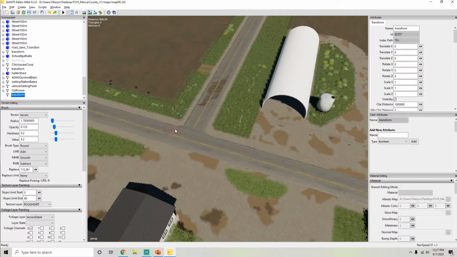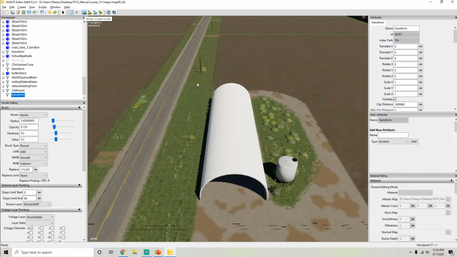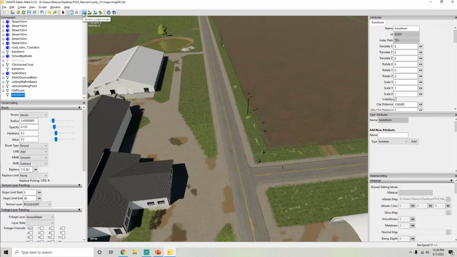So what matters is which one of these toolbar selections we have clicked on. So if we have terrain sculpt mode clicked on, and we want to increase the height of the terrain, we have to click on this first. This is going to change what you're painting, or what the paintbrush's function is. Okay? So let's start with changing the terrain height,